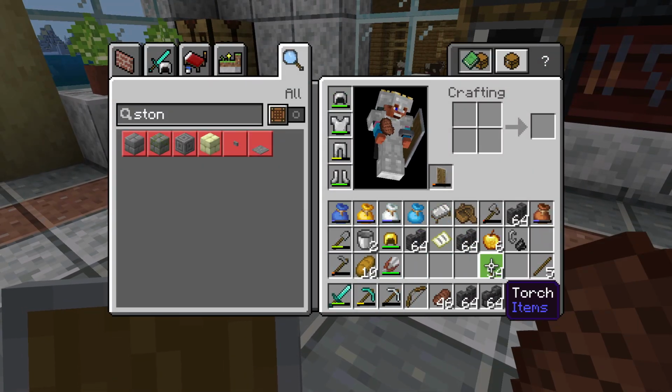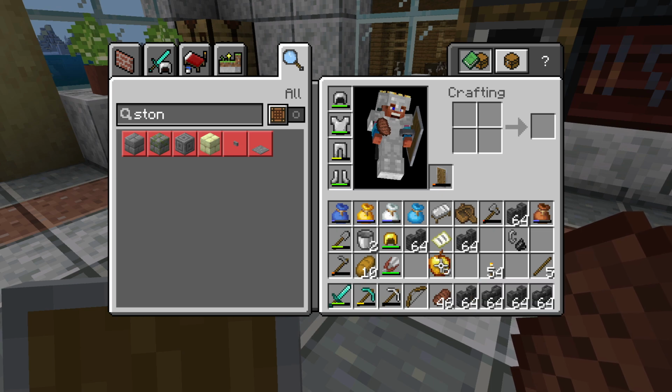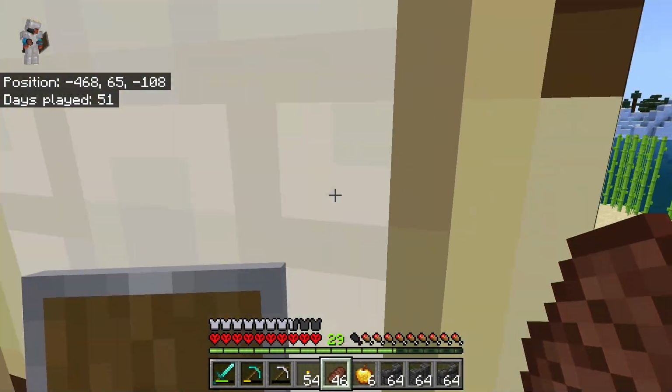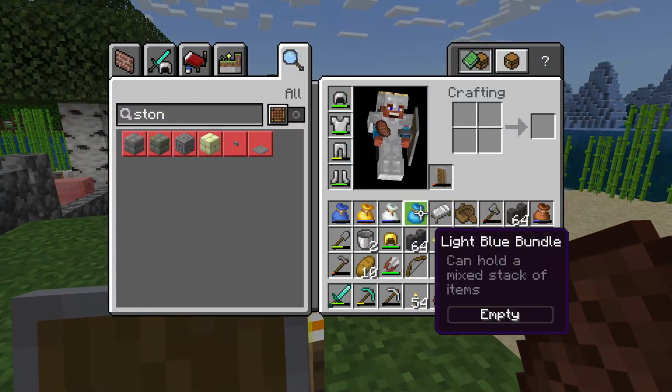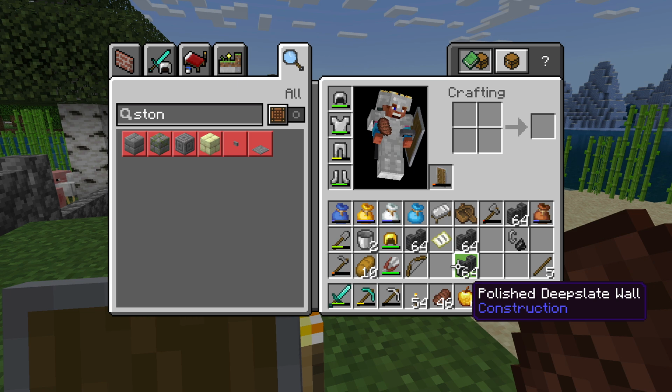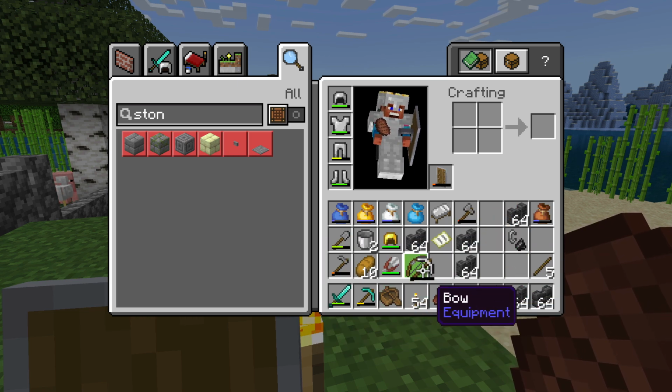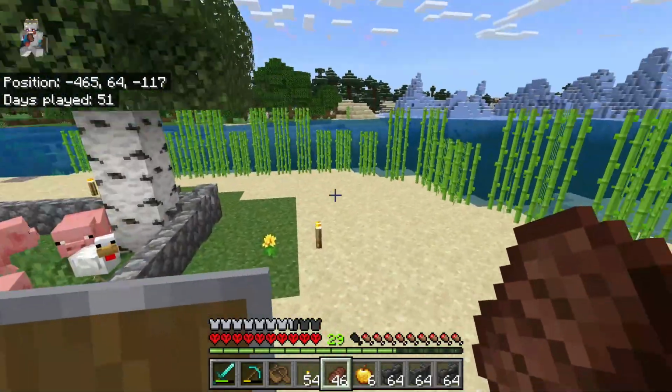I just need to make sure that I have food and a golden apple in my inventory at all times. We do not necessarily need a bow, and we're going to need tons of torches for this project, because the first thing that we want to do is light up this area. And the easiest way to do that is by using our...